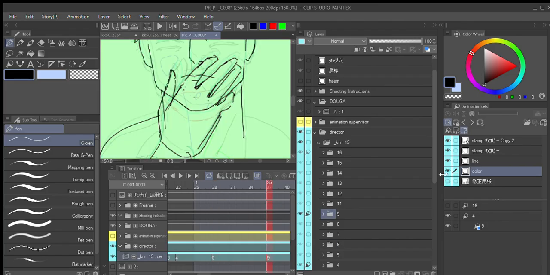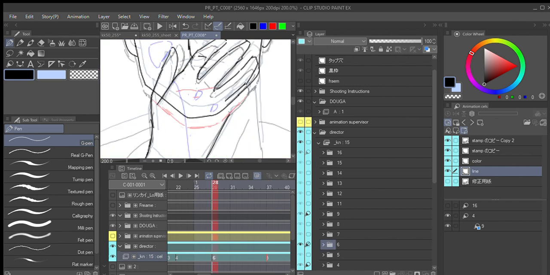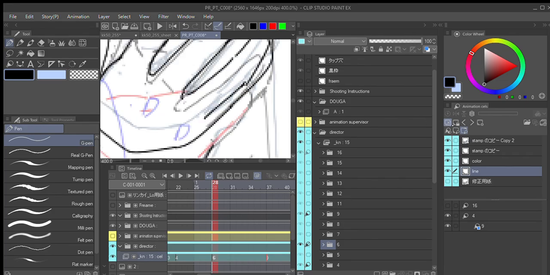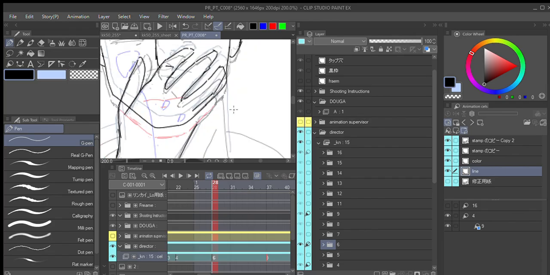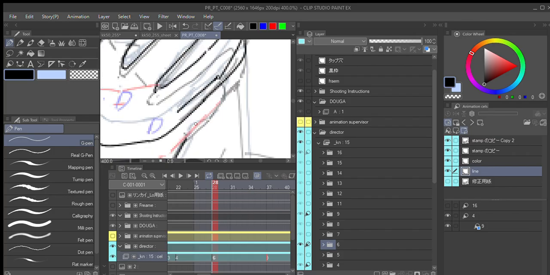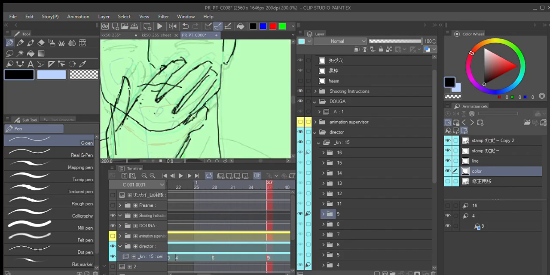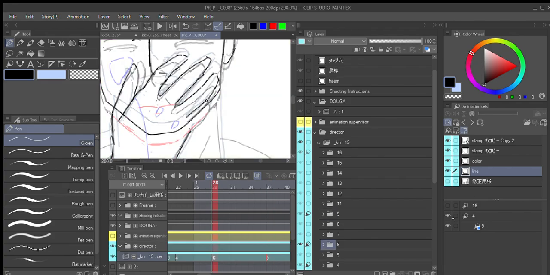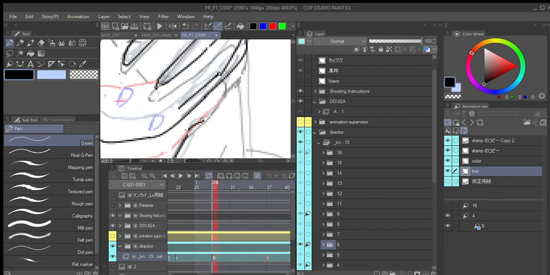Alright, turn this off so I can see better. Still not seeing better. Is there anything else I could turn on? Where are you? Okay, let me turn this off. Wait, this is it right here. Turn this off. So